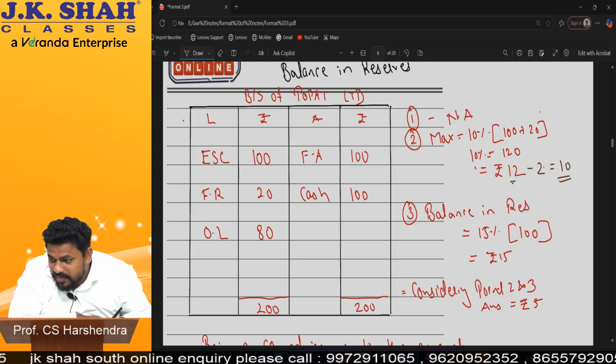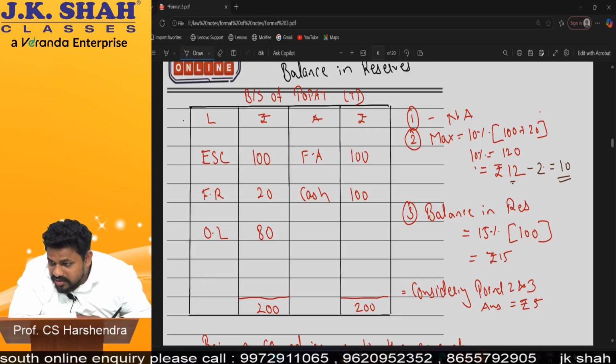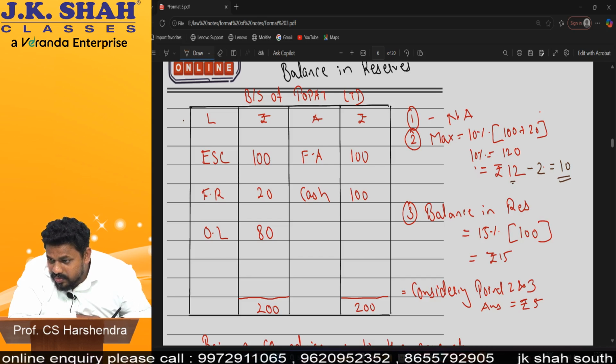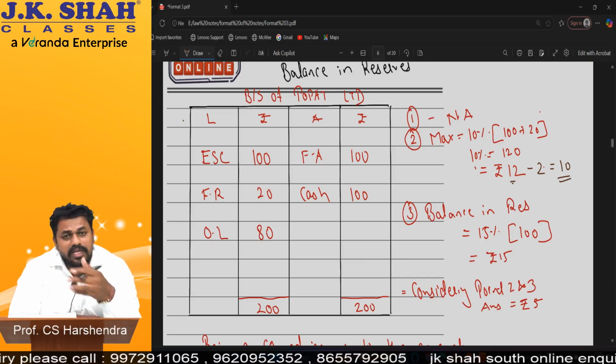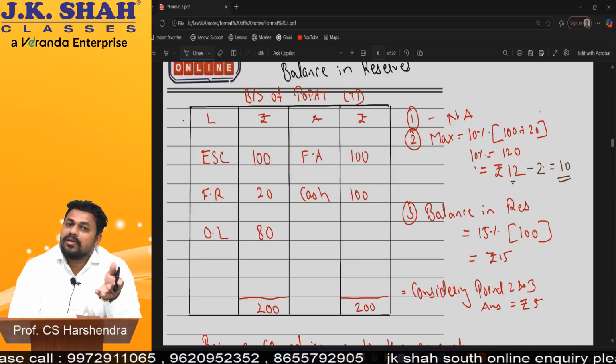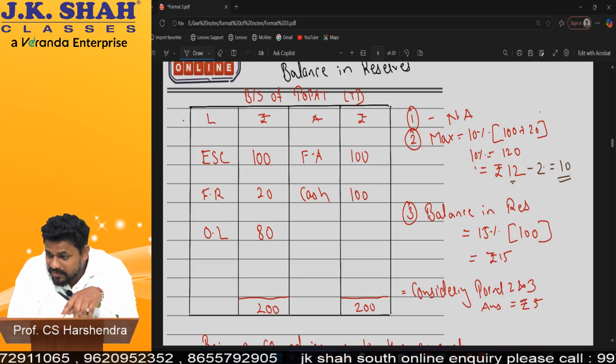Sir, even if the last period results in loss and 2 quarters profit. Even if the previous year's results are in loss and 2 quarters profit. Then also see, last year if there was a loss and you did not give dividend, then fine, you cannot give dividend in this year only. Interim dividend can be given in case there is a loss.